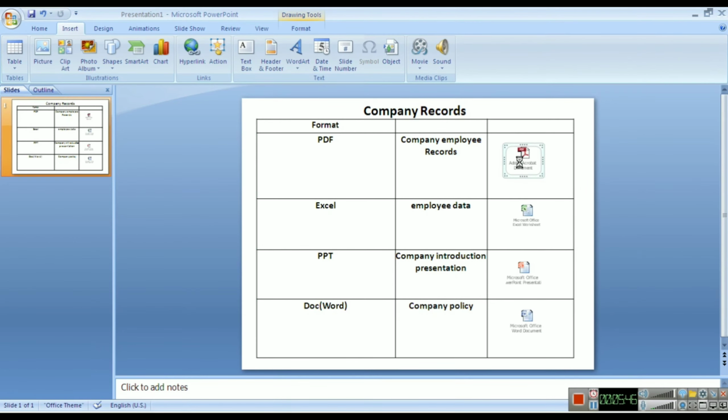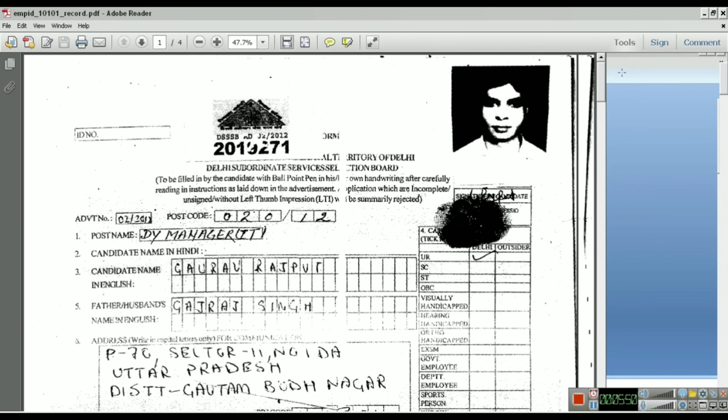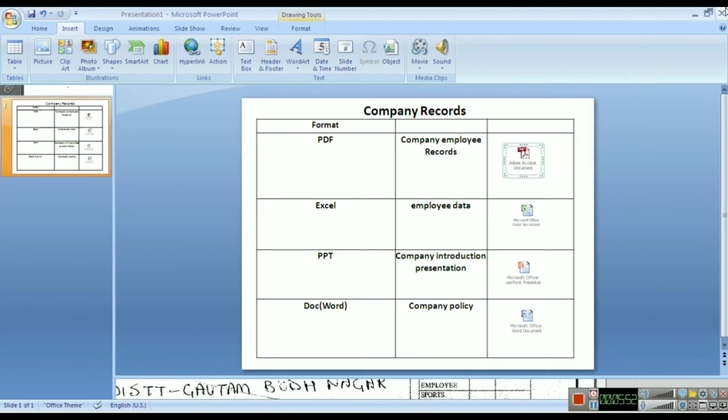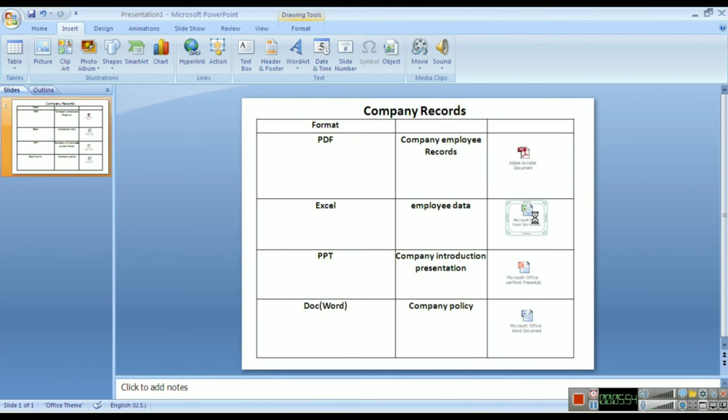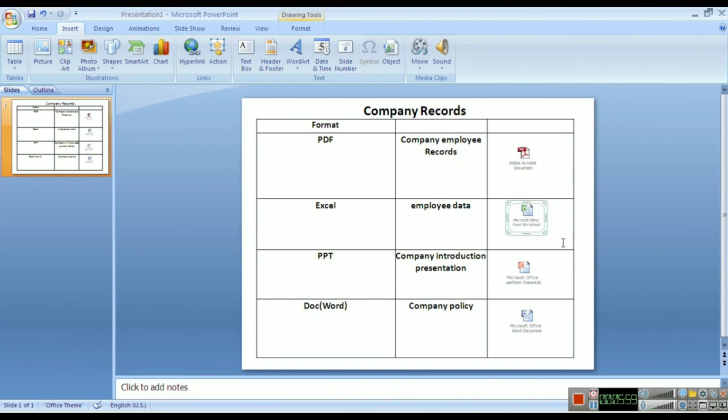We can check the documents by opening them. We have clicked on the PDF file. If the boss requires the documents, we can open them in a single second, and whatever document is wanted by the boss